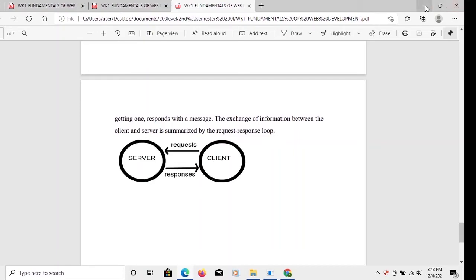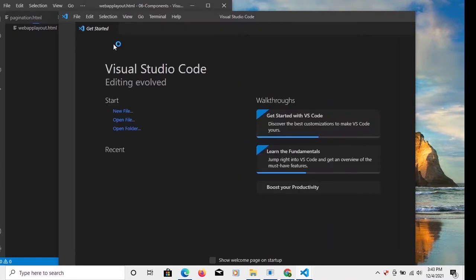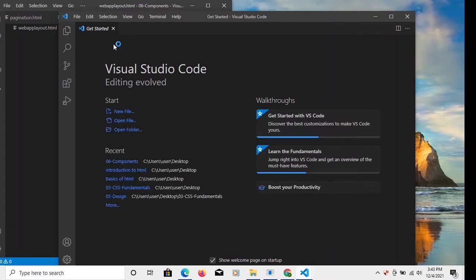So right now, let's dive in. First things first, we are going to open our Visual Studio Code. I already have mine installed on my PC. So open your Visual Studio Code. Next thing I want you guys to do right now